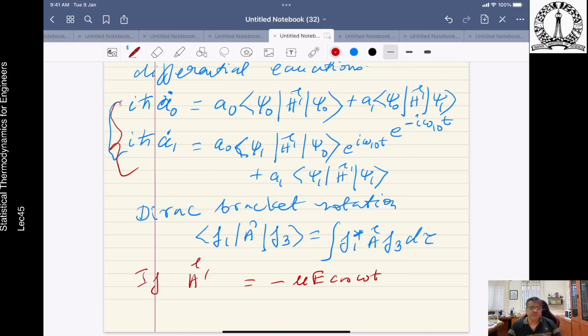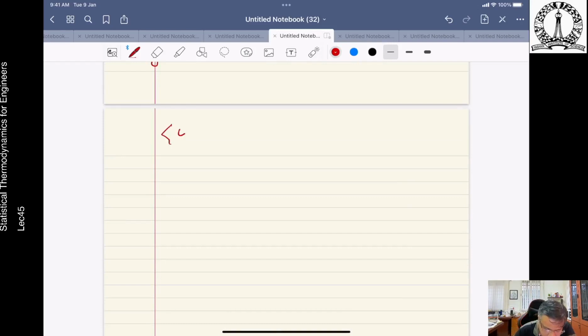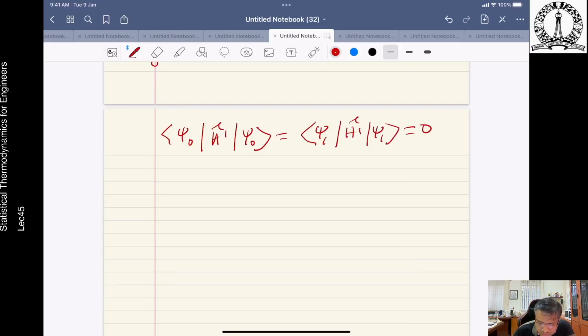As we know, all atomic and molecular states have definite parities, even or odd, with respect to the inversion of the space-fixed coordinate system. One can write the diagonal integrals, which are equal to 0. So therefore, using this, the equations can be reduced to